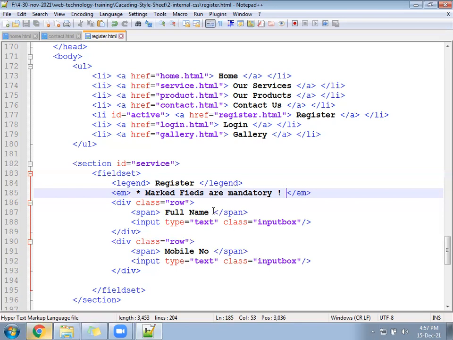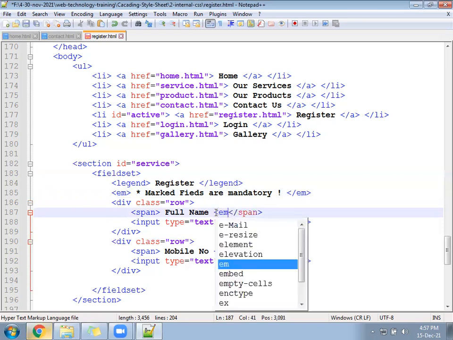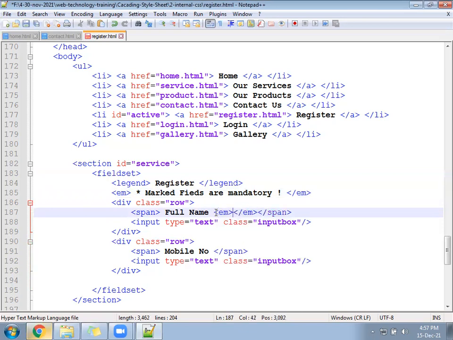Now come down below. We have written here full name. Within the span, again follow one EM tag and keep a star inside. For EM tag, we can write a CSS. EM tag, label tag, span tag are used to display small text, teeny text.